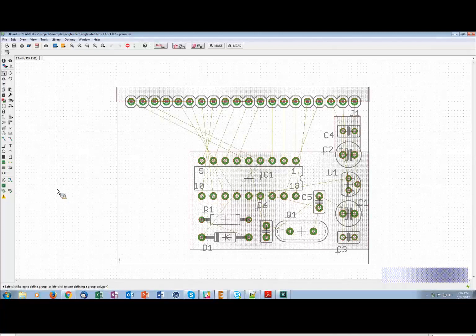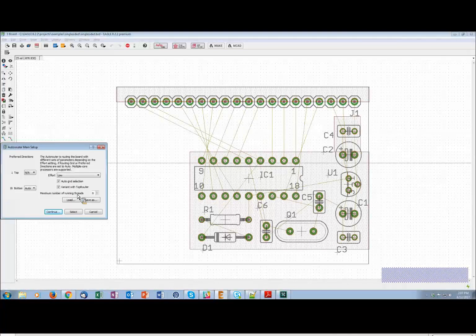And let's go ahead and make sure that we have the settings the way we want. As you notice, the top layer is not available, so this is another way to control the Autorouter. If you set it to NA, the layer cannot be used. These other settings are preferred directions. So the first one is left to right, up and down,